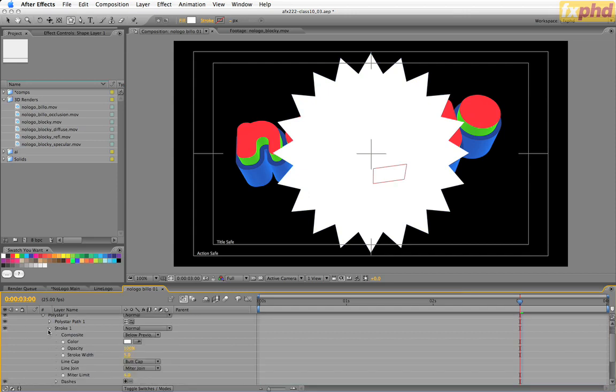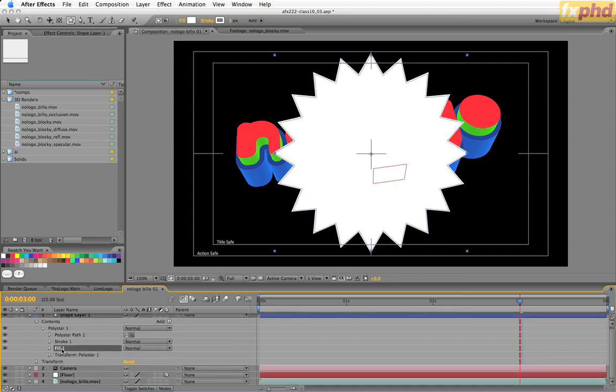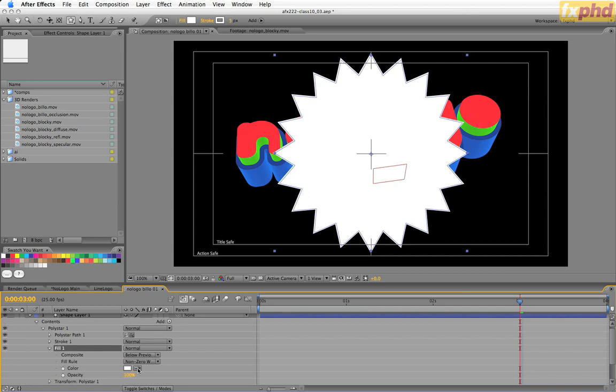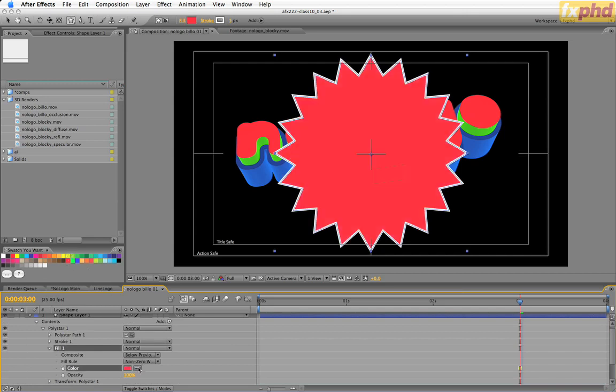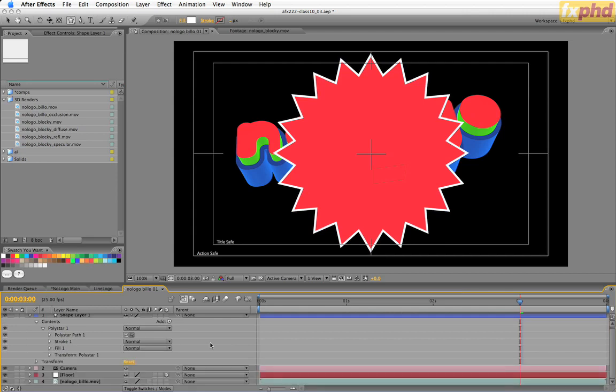Okay. So the fill colour for this is going to be red from our swatch, and we've got a white stroke around it. You'll have to excuse how garish this is going to be, but it's going to be quite funny, and it should give you an example of how you can take your 3D and make it sit on an After Effects 3D layer, and it should be quite convincing, even though it's going to be very garish,